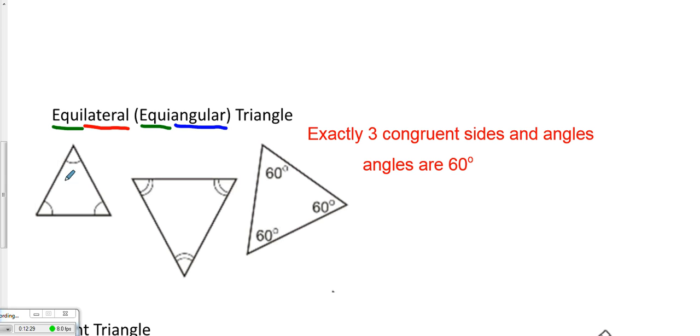Now we could put the tick marks in to say this side has to be the same as this side, has to be the same as this side. That is an equilateral triangle, all the sides the same length. 60 degrees, 60 degrees, 60 degrees, equiangular. They all equal the same angle. So it's any triangle that has exactly 3 congruent sides and all of the angles are exactly 60 degrees. So even though these don't have an angle measurement, if they're all the same, they're all going to be 60